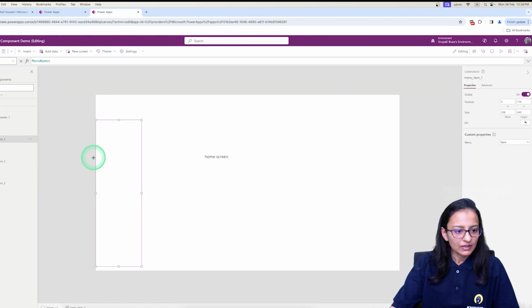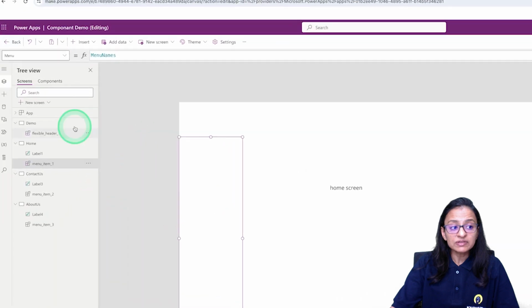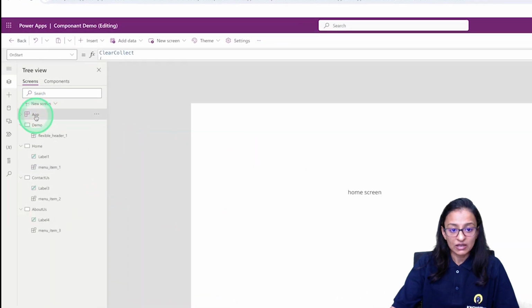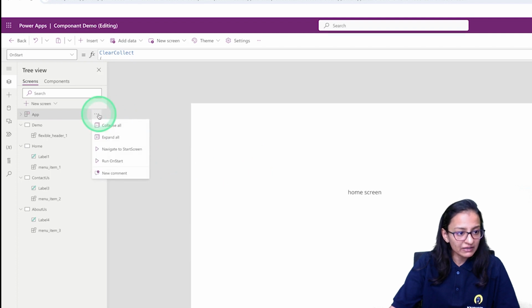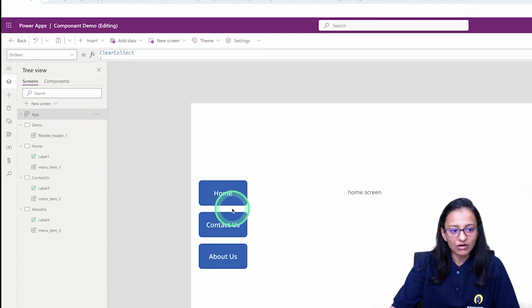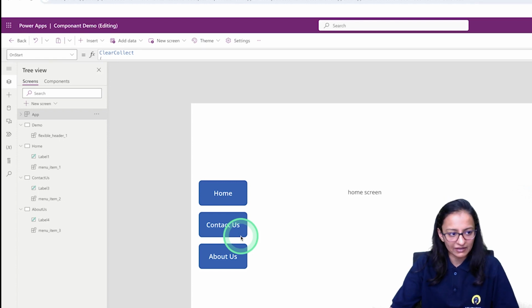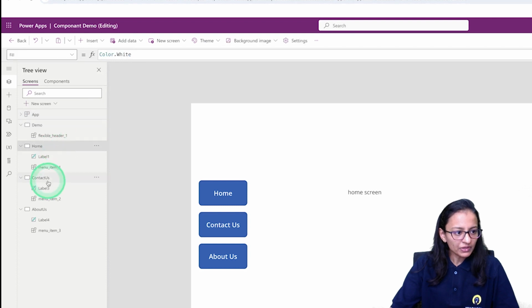Okay, and here you are not able to see anything now. Why? Because we have created our collection, but we did not run it. So let me run it. Run on start. Automatically it will come. First time if you are setting the value, it will show blank. So manually you need to click on run on start. So home. Same for contact us. And here in